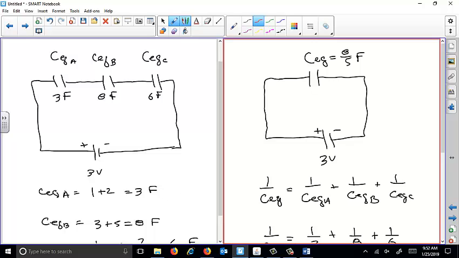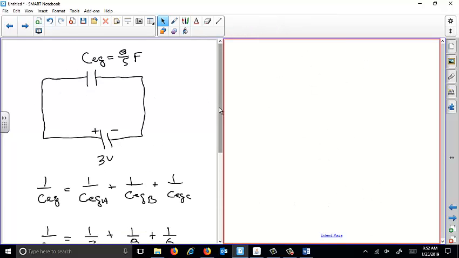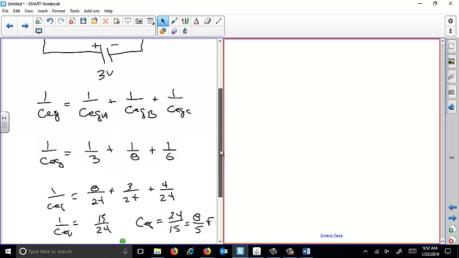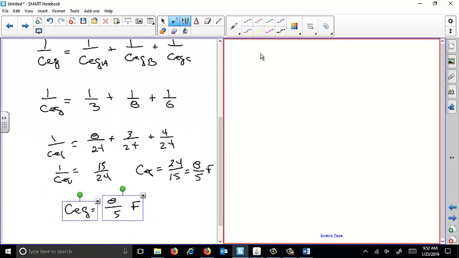Okay, so that's the answer for the first part. Then the second part: calculate the charge across this equivalent capacitance. That's the easy part. The hard part's the last part. So once you've figured out the equivalent capacitance, to figure out the charge, I'll say charge equivalent. That's equal to, well, let's see, capacitance is charge over voltage, so it's